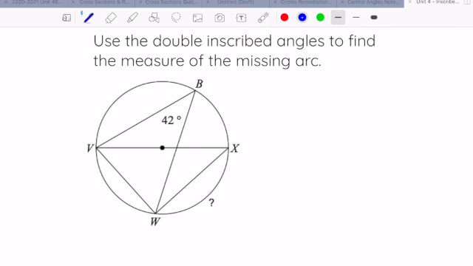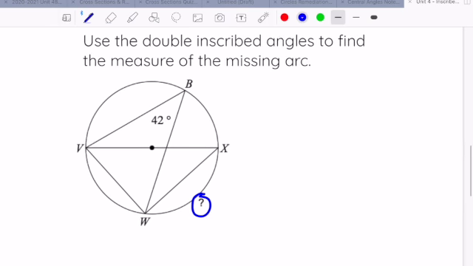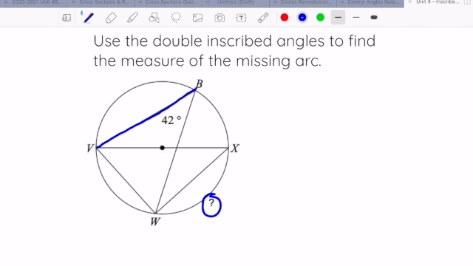Here is another example for double inscribed angles. All right, I am asked for this arc measure right there. I look and I see that I do have an angle. I have this 42 degree angle, which is right here, but that is not the inscribed angle. This arc where my question mark is not the intercepted arc for this angle. However, if I zoom out on my diagram,